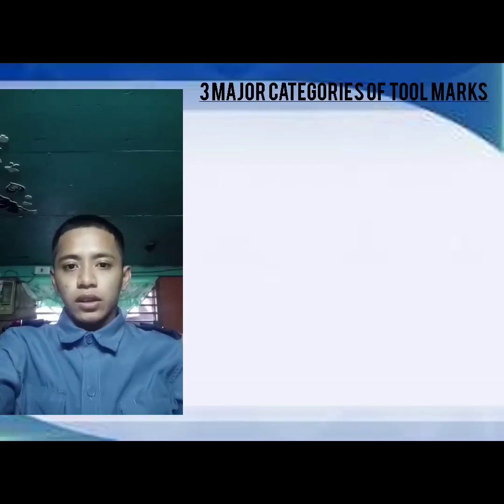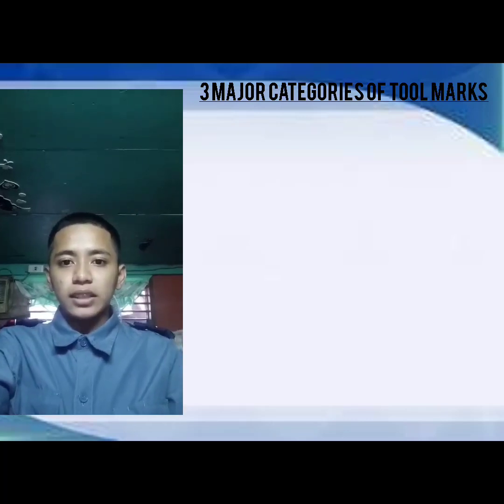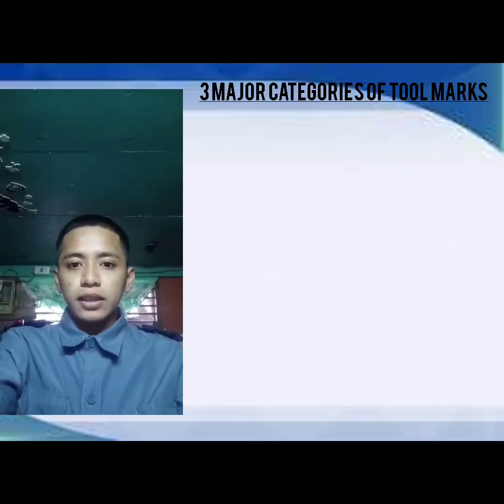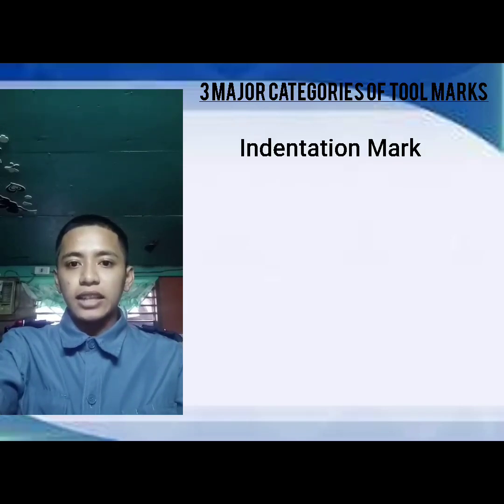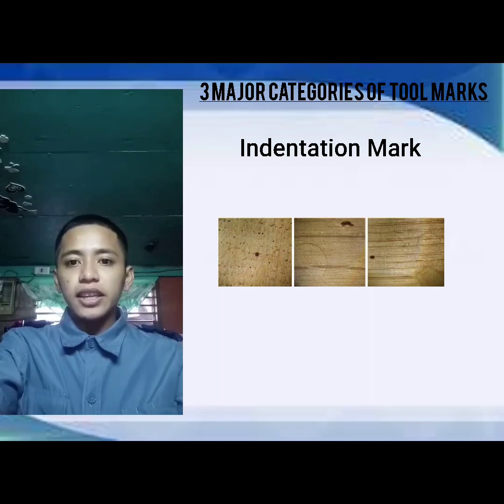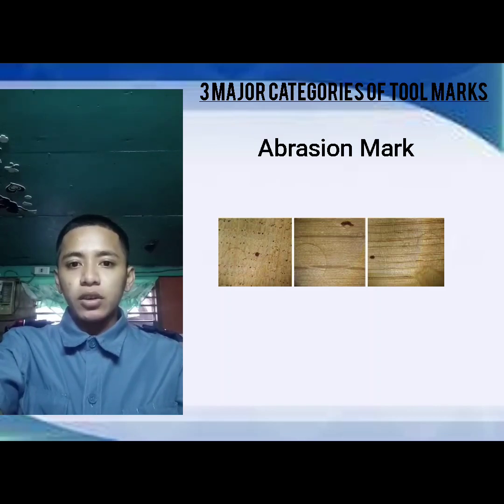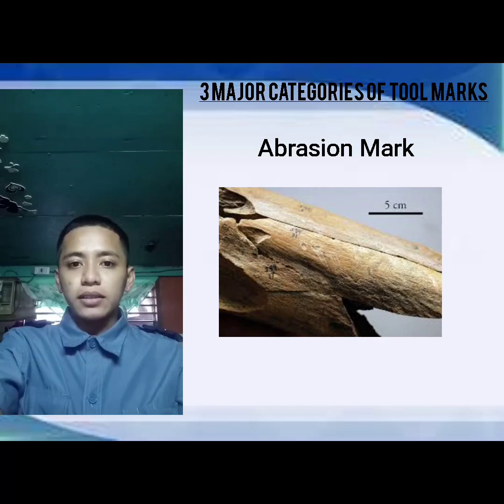And now, there are three major categories of tool marks: identification marks, abrasion marks, and cutting marks. Identification marks are made by a tool when it's pressed against a softer surface, often forming a negative impression on the object receiving the force, while abrasion marks are very fine marks on a print or film surface that do